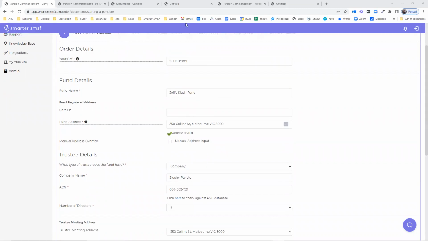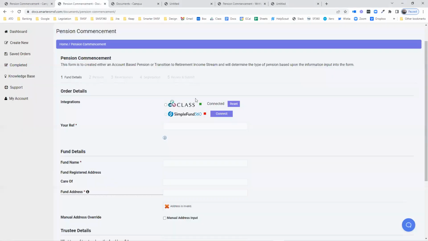There will be naturally the integrations that you will be able to use, whether you use BGL, whether you use Class, and we are about to start some work with SuperMate in respect to the integration as well. One of the things that we are also working on at the moment is a revised version of our document templates, our platform, I should say. And what you will see in our revised dashboard here is the fact that the integration for Simple Fund 360